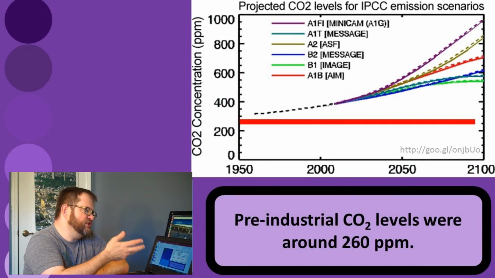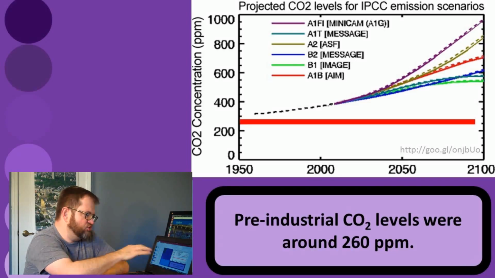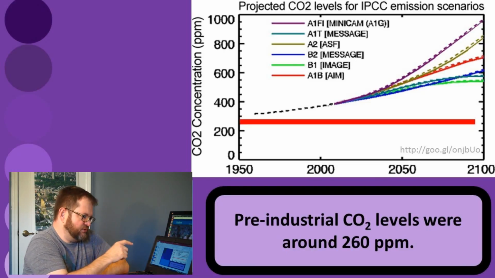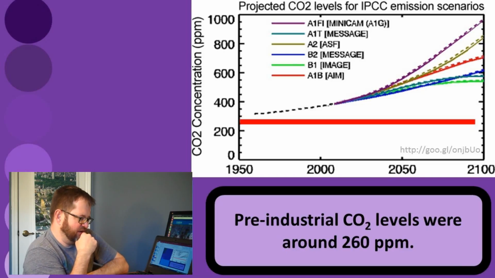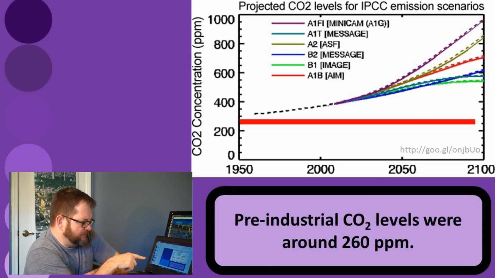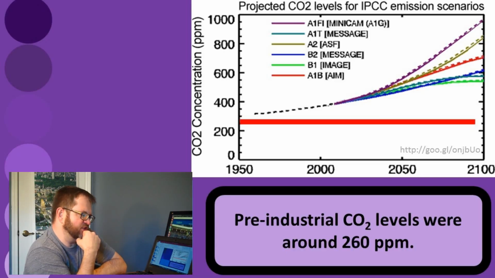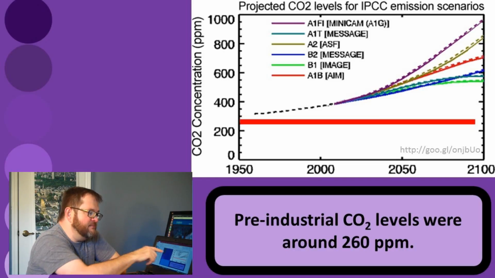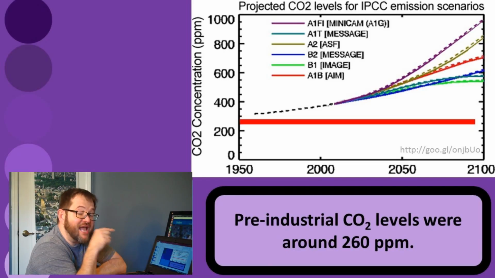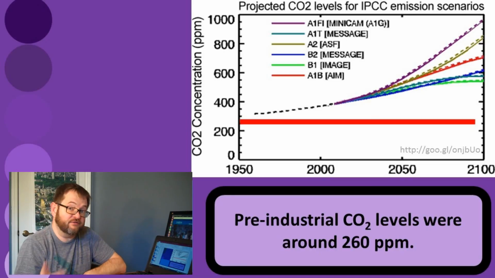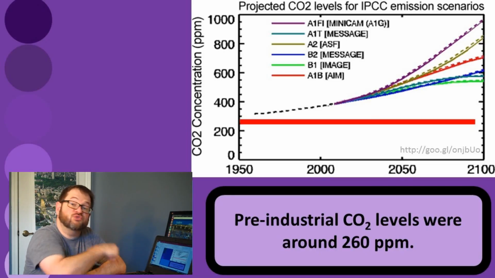And so if you take those different scenarios and you draw a line out there, so like we're extending the line from 1950 to 2100. I drew on there in the red line the pre-industrial carbon dioxide concentrations, which were around 260 parts per million. So this is not emissions that we're seeing on here. This is what the atmospheric concentration will be of carbon dioxide based on the emissions we saw on the last slide.